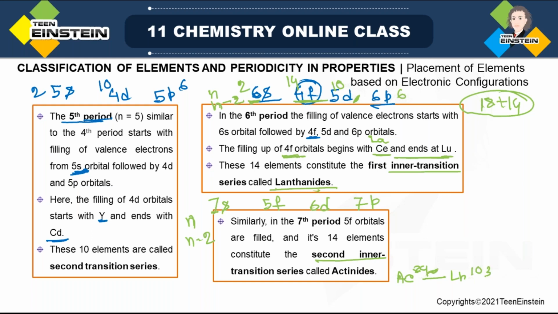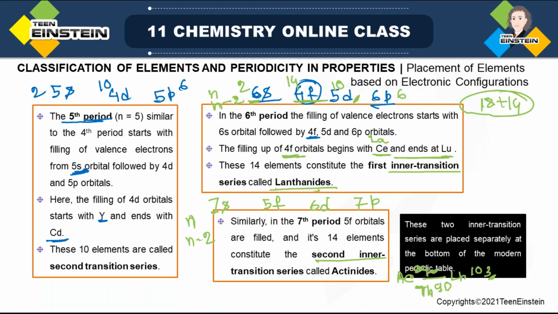Okay, so just try to remember the atomic number for the first element and the last element. And after Ac there is thorium, having atomic number Th 90. Now these two blocks, that is 4f and 5f, these two inner transition series, or you can say these two f blocks, we place them separately, not in the